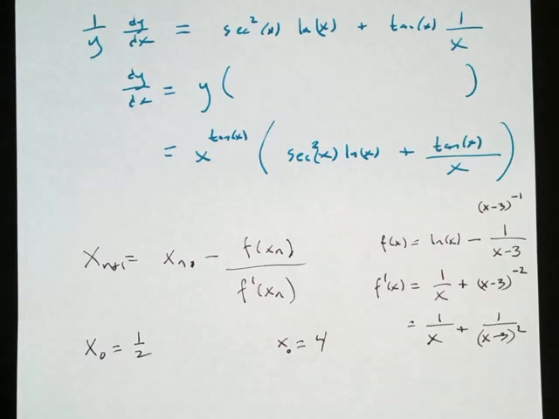At a half and the other one at 4. And let her rip. It says accurate to 6 decimal places. Means you're going to keep going until 2 of your answers in a row have the same first 6 numbers after the decimal point. To that end, I think it is easiest on your calculator to do this from the